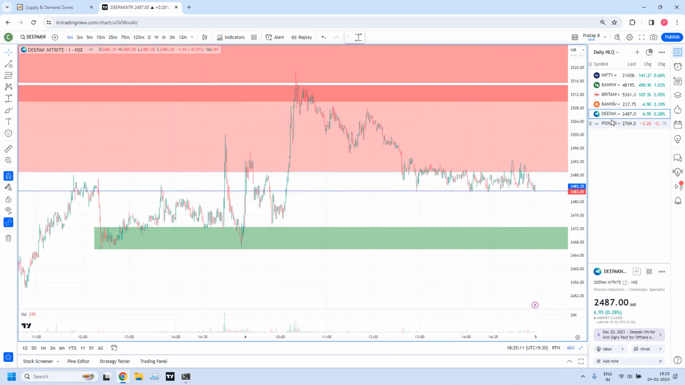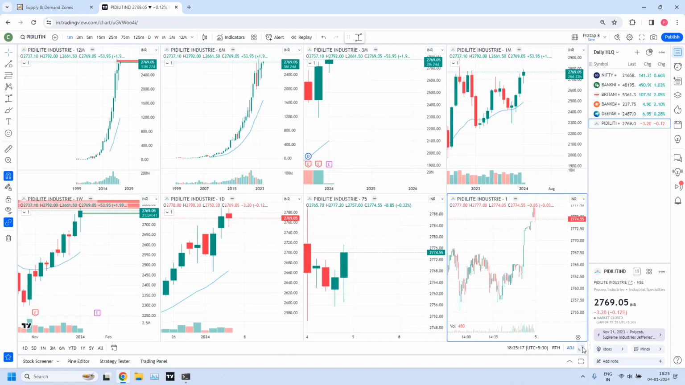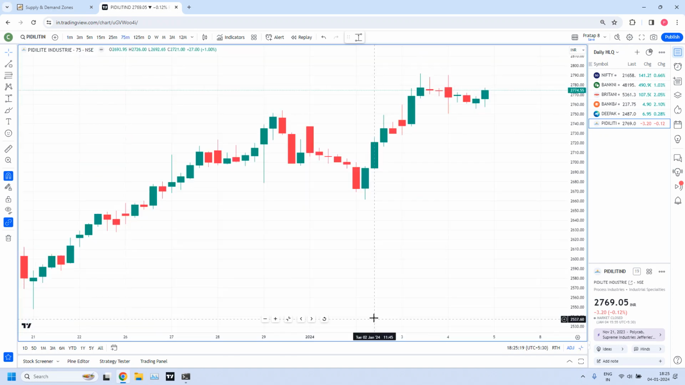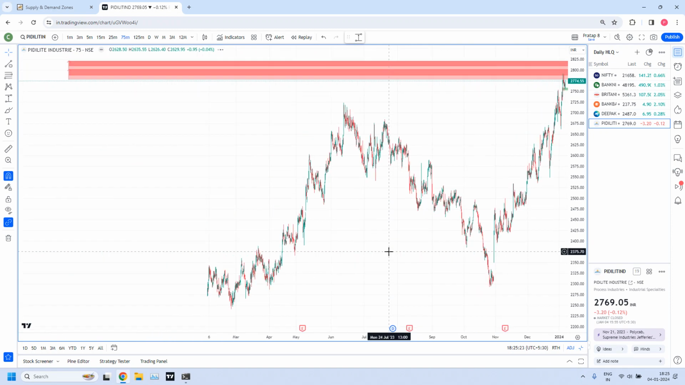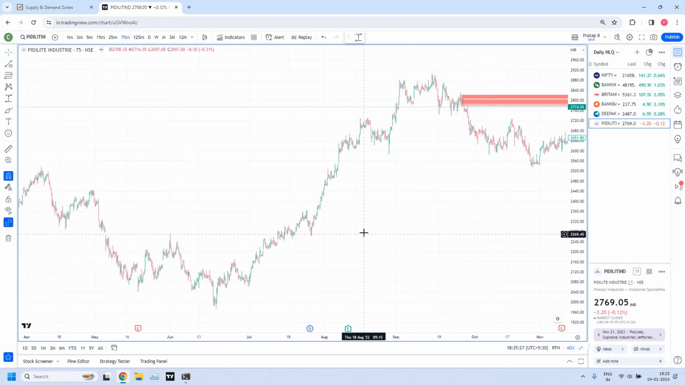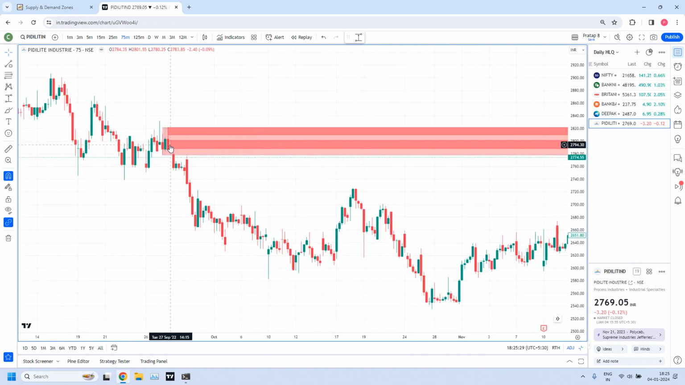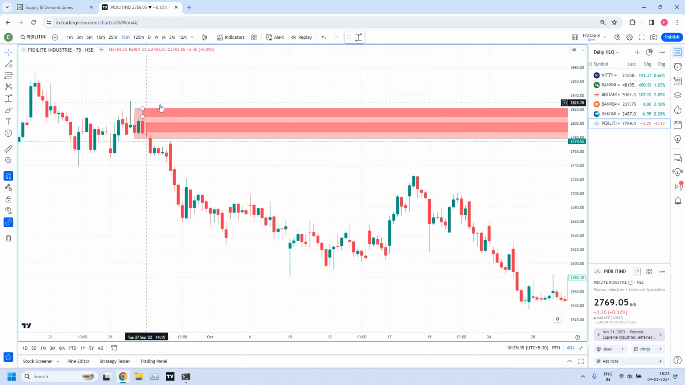Out of these 4 stocks, this is the third one. The fourth stock is Pidilite. This is also a successful trade. So we have a 75-minute zone, Pidilite Industries. This zone was created in September 2022. We have a